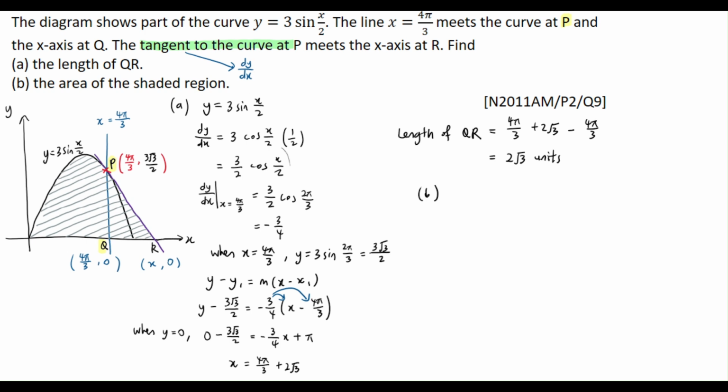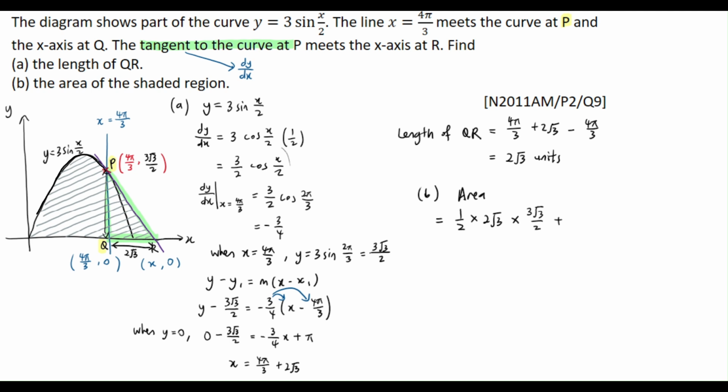Let's move on to part B. Find the area of the shaded region. With that, I'll portion the area of the shaded region into 2 parts. First, it would be the triangle, where we can simply use half times base times height. So let me write down that part: half times base. Base here is actually the QR length, which is 2 root 3, times the height, which is actually the y coordinate of P, which is 3 root 3 over 2,